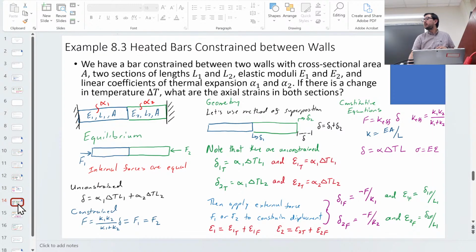Is there no thermal stress if it's not constrained? That's right. There's no thermal stress if it's not constrained. But is there still a strain since it's changing in length? Yes. Okay. So first we think in terms of thermal strain, and then we typically think in terms of